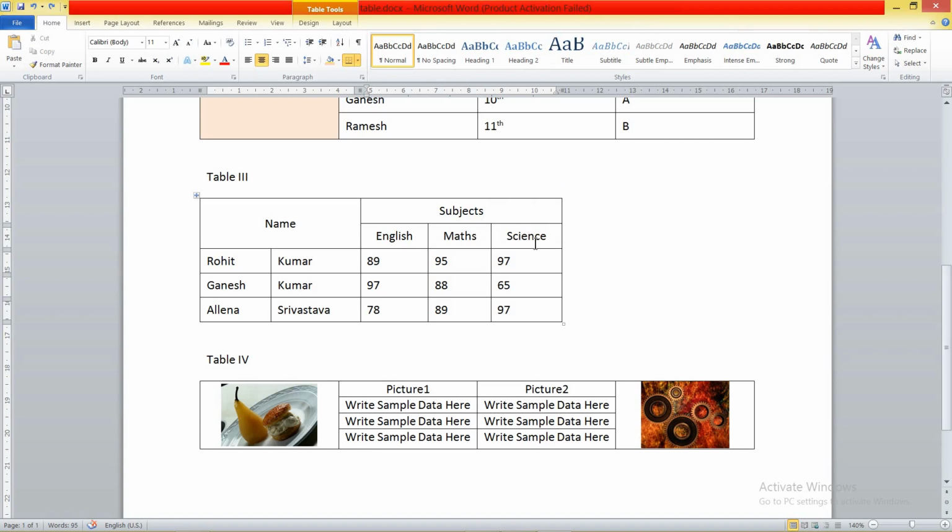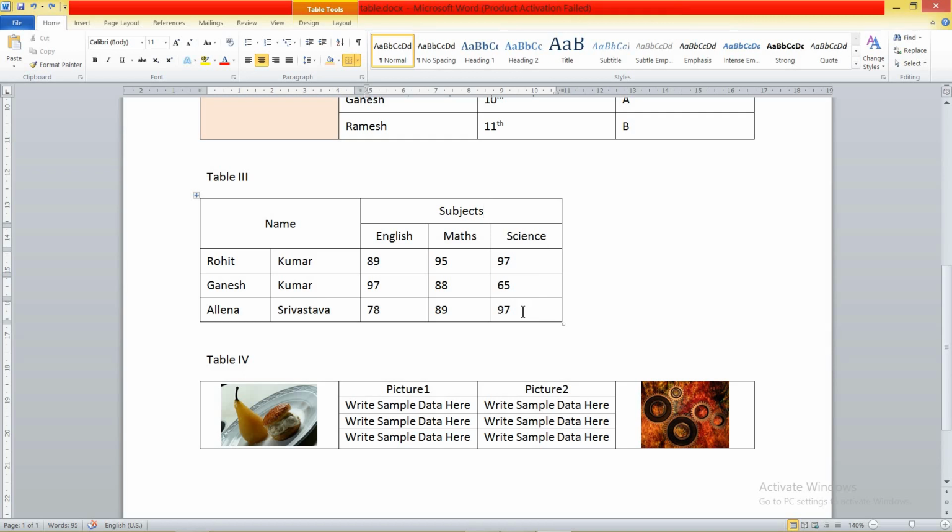Make a rule: count in that direction where you get the maximum number of rows or maximum number of columns. If your maximum count is from the left side, count from that. If your maximum count is from the right side, count from that. I have to count from here in this particular table: 1, 2, 3, 4, 5. 5 rows we have.